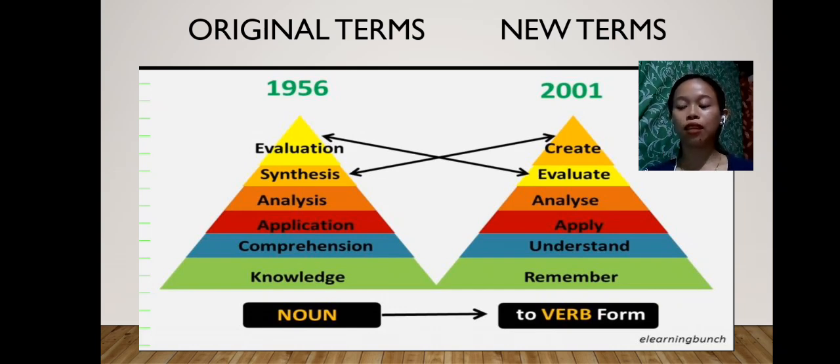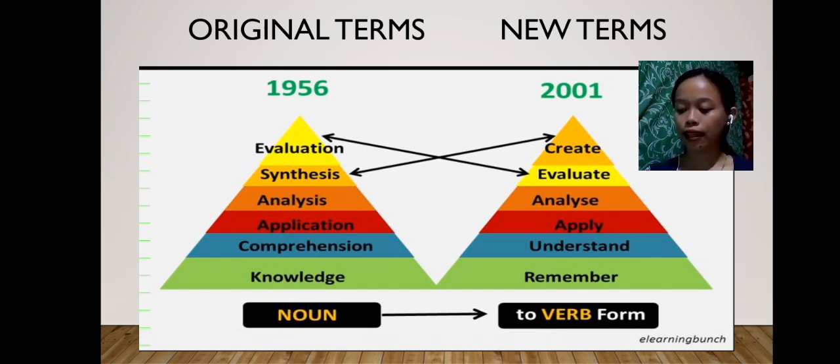As you can see, the difference between the original terms and new terms is from noun to verb form. This verb form is usually what we use to make the objectives, which are knowledge, skills, and